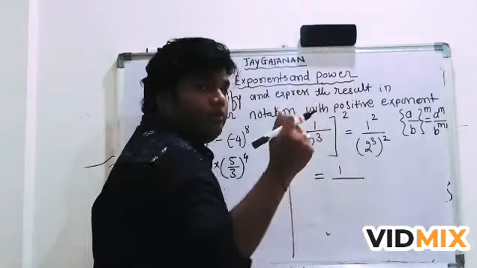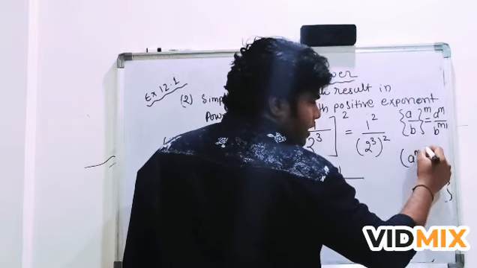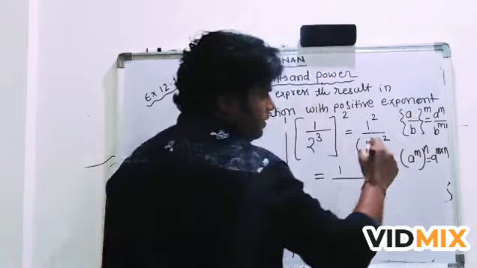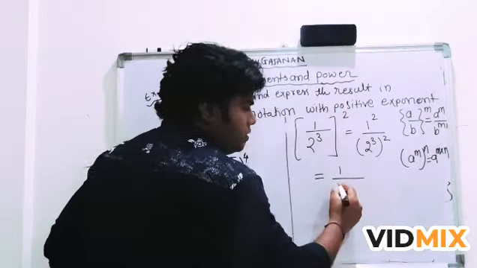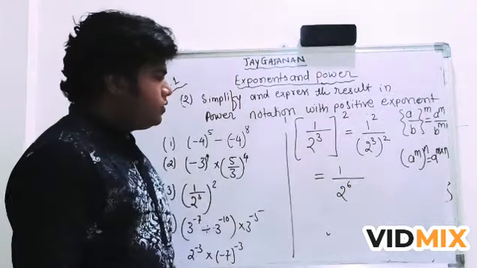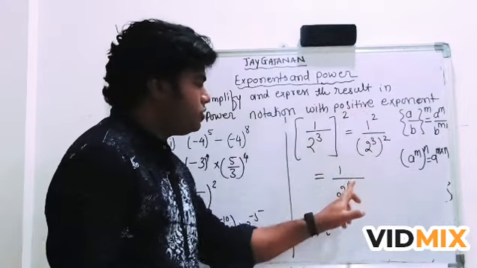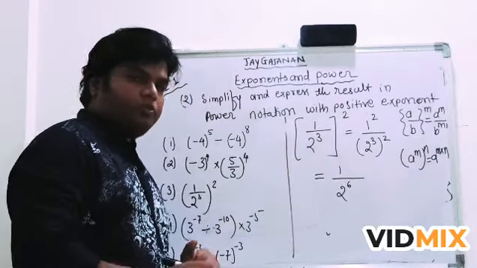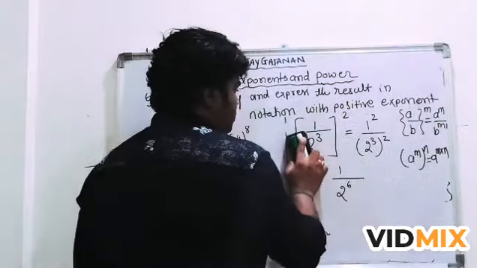There is one more identity that we missed out in that video. This identity is a to the power m, bracket n. So this will give you a to the power m into n. Alright, so this identity we are going to use in the base. So this will become 2, 3 into 2, 6. Correct? So 1 upon 2 to the power 6 is the final answer because it is in positive exponent. If you take this up, that will become negative. So we want positive, so we have taken positive. This is the end of the answer. Now note down this and we will go to the fourth question.